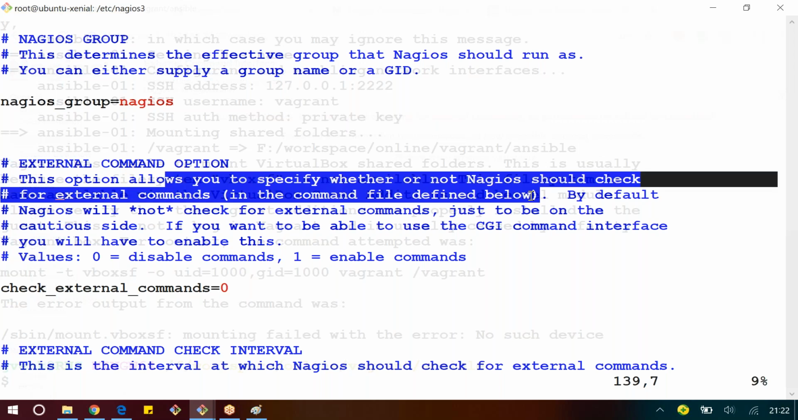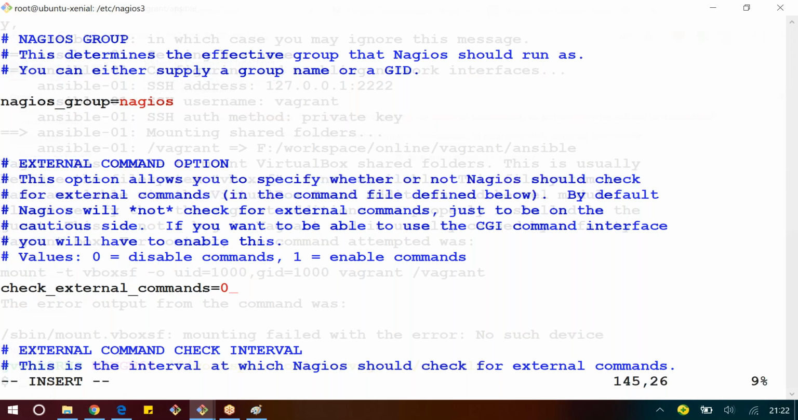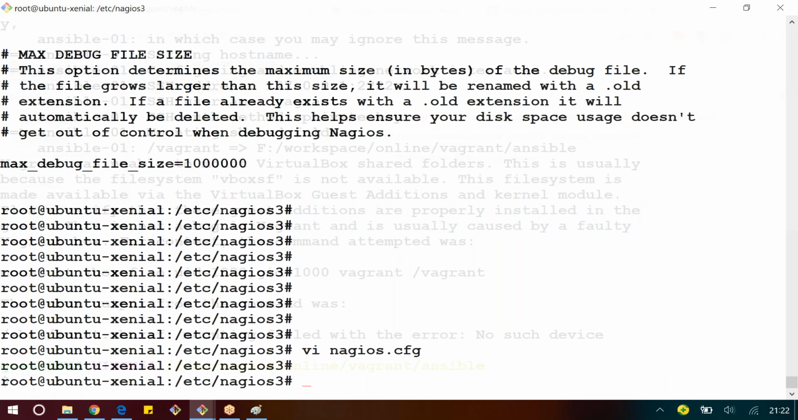Once these configuration files have been changed, we need to restart the service. Yes, let's go for restarting the service. That is service nagios3 stop, and then start the service. Yes, so once that is started, if you come back here and refresh this,